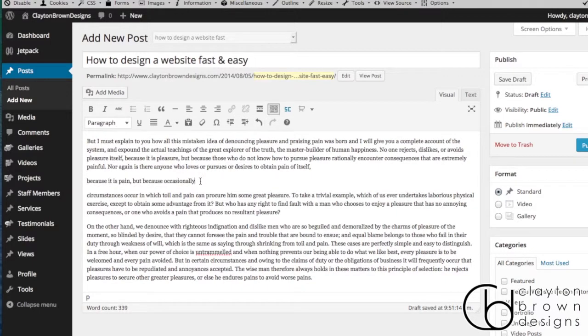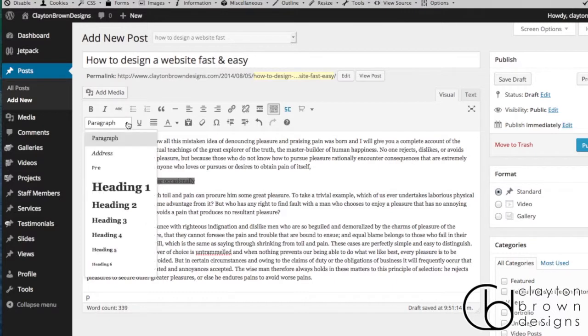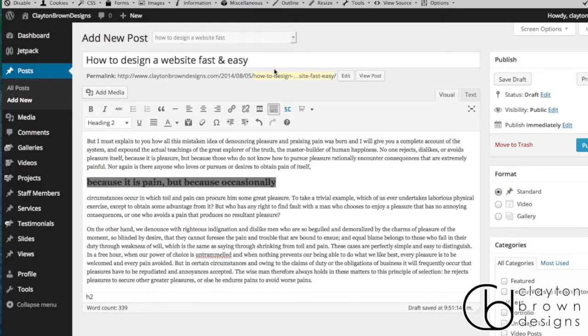So you've got your text selected. You want this to be a heading tag. So click this drop down here where you see paragraph and select heading 2, 3, 4, 5. Probably 2 or 3 are going to be the best. I'll go with 2. By default, your post title is going to be a heading 1, so try not to have more heading 1s. So heading 2,